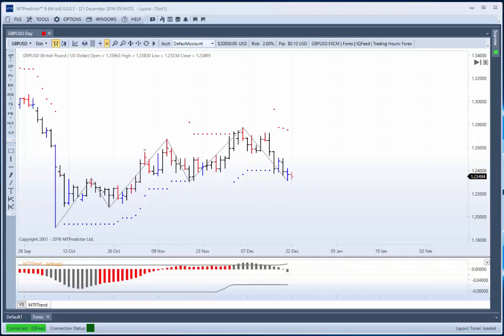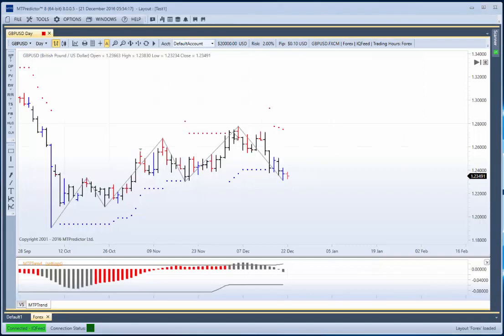In this help video, I'd like to show you how to place an Elliott wave count on the current chart you've got open. For this, we hover the mouse over the pivot you'd like to analyze. For example, here's a daily chart of the British pound against the US dollar. So if I hover my mouse over this pivot high here, you can see I've got our intermediate degree pivots